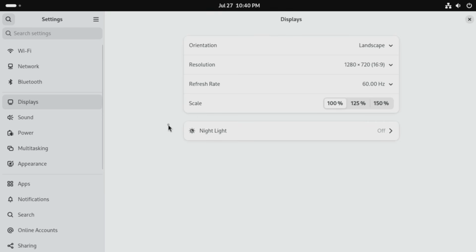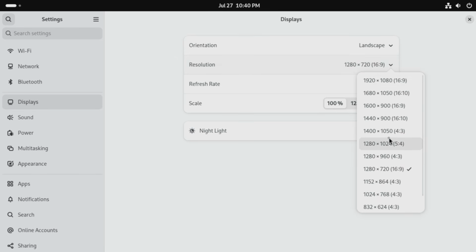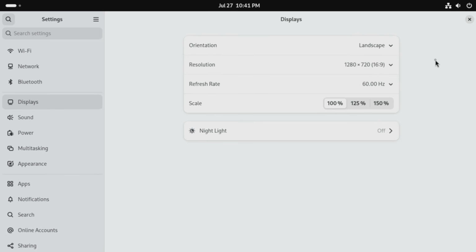Below that is displays. So this is where you can change up the orientation of your screens if you wanted to. You can set the resolution. In my case, my resolution is actually set pretty low just to make it easier to view in this video. But you could feel free to change it up to like 1080 or something if it's not defaulting to that already. Generally speaking, it's usually pretty good about defaulting to the native resolution of your monitor, but if it's not,